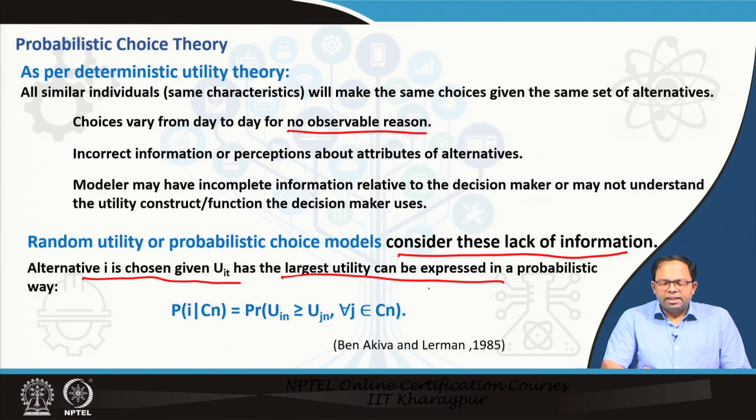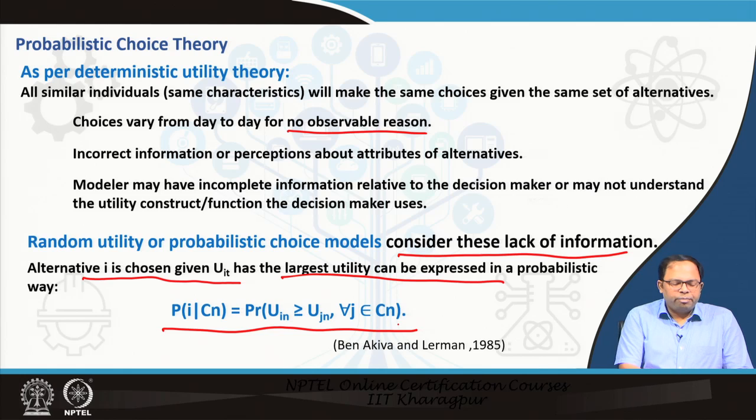and this is the basic form. This could be expressed in a probabilistic way, where P of the probability of choosing I from a set of alternatives C is equal to the probability of UIN greater than or equal to UJN, subject to J being a part of this Cn. So, Cn is the choice set and J is one of the alternatives. So, UIN is greater than the other alternative utilities. We take the probability of that, and this is the form of the probabilistic choice model,